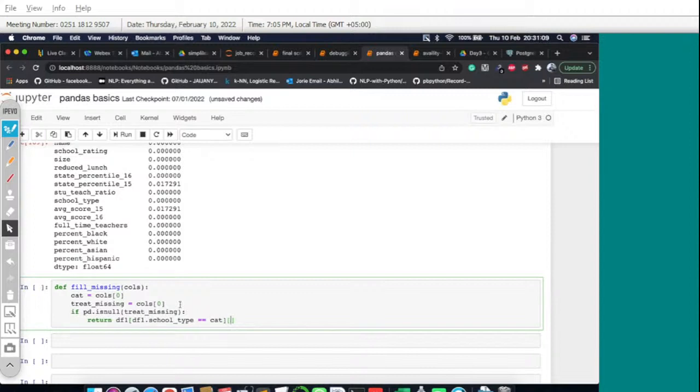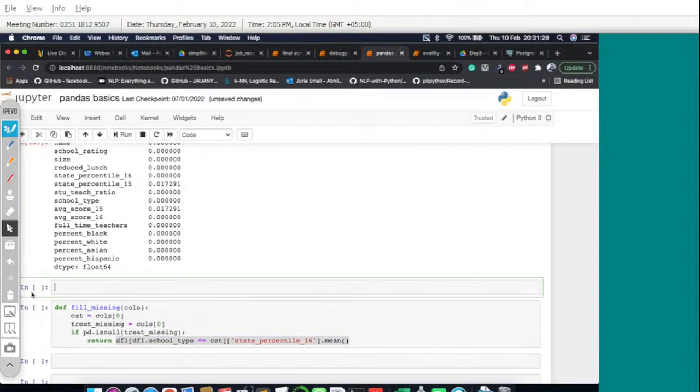And let's say we want to use the column. First, let's say we are creating it for state percentile 15 dot mean. So in order to understand this, let me just extract this line of code